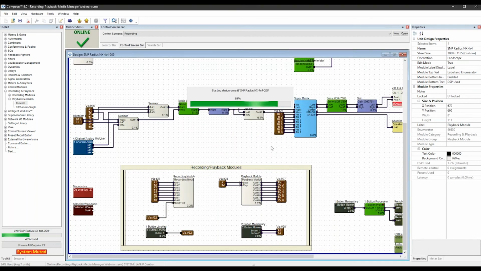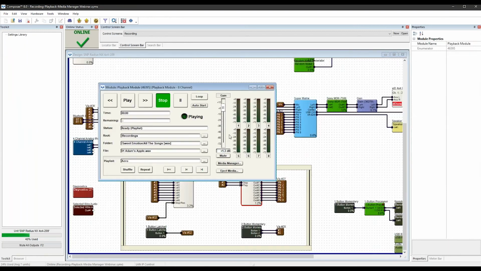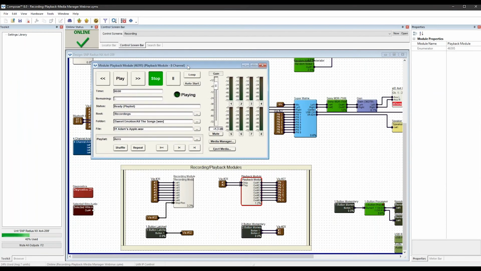All right, as soon as we're back online, I'll jump in the playback module. Okay, here we go. It's similar in some ways to the recording module, with its various differences. On the top, we have our shuttle controls. Like any other playback device you're familiar with, we have the play and the stop. In this case, we have the 2 buttons, and you have the rewind and fast forward buttons, which you can press and hold for rewinding or fast